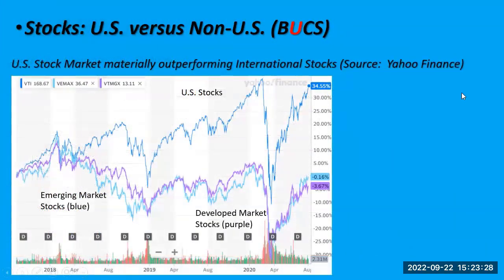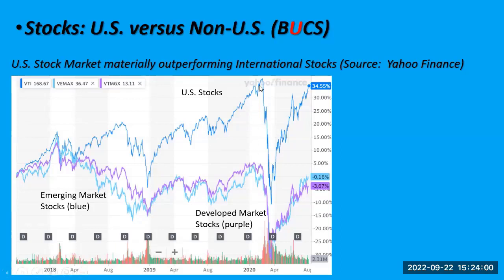So here's how they've done. Jack Bogle said, don't bother investing overseas. And you would have been smart to have listened to him, because developed and emerging markets have not done well at all. I don't think I updated this. I need to go and update it. I updated small cap and growth and value, but I haven't updated these in a while. But yeah, international has just not done well at all.